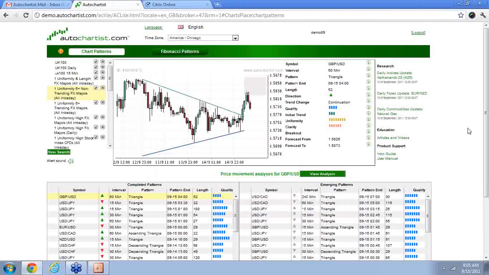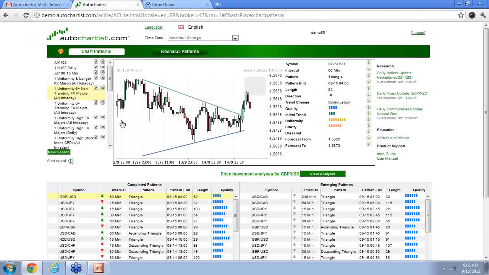Now, one thing that I've noticed by working with this over time and studying chart patterns for several years is that you want to see how these patterns behave with different types of markets. If you remember some of the webinars we've done in the past, we had a webinar where we talked about trending and non-trending markets, and it's important that you realize that these uniformity indicators work differently with various